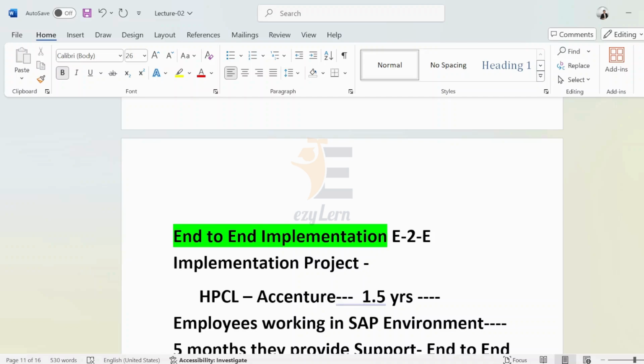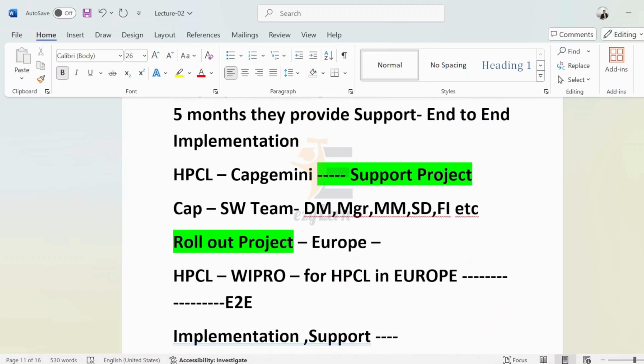Okay, and what a support project is, that's also clear to you. After completion of an E2E implementation, some companies have to go with a support project.